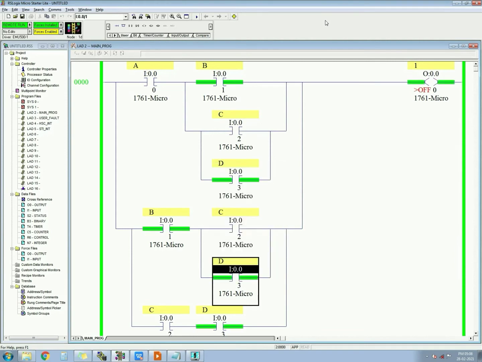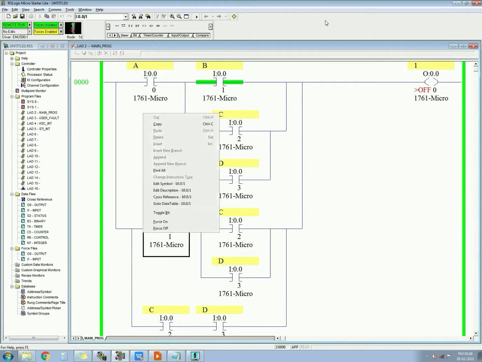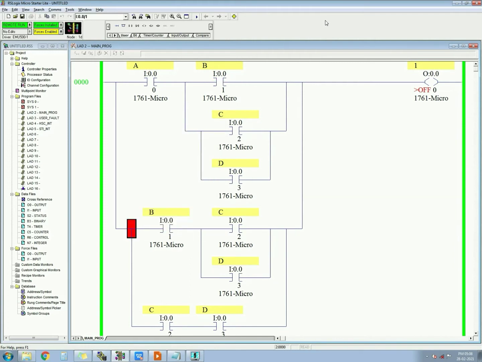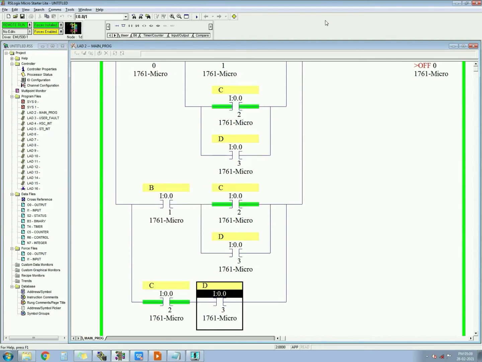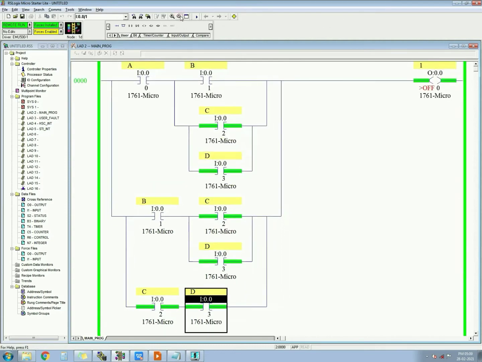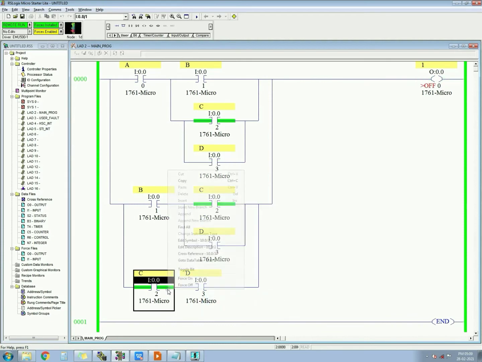BD, output gets on. And now CD, C, D. You can check the output is getting on. So up to here our answer is correct.